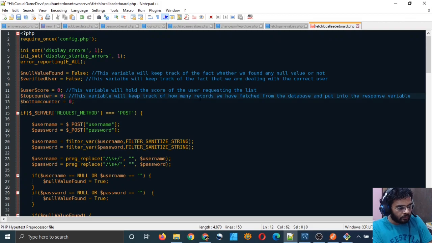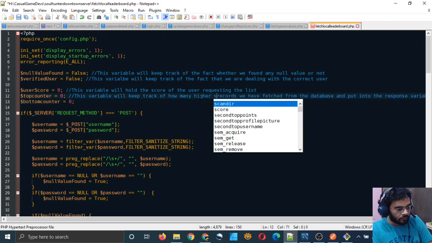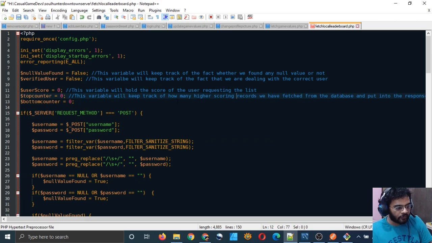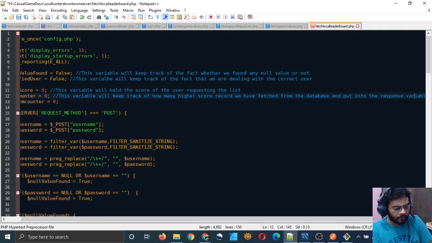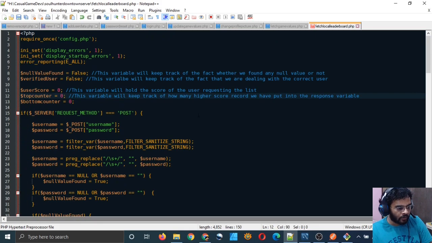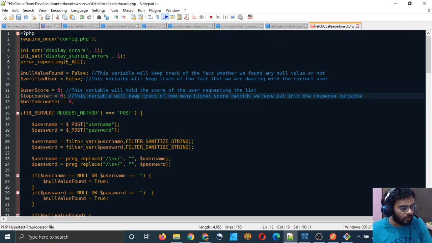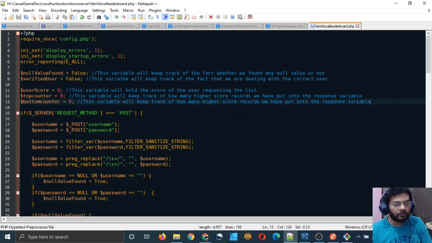How many higher scoring records we have fetched from the database and put into the response variable. Simply, this variable will keep track of how many higher score records we have put into the response variable, and that will be important when we create the front end in our game.